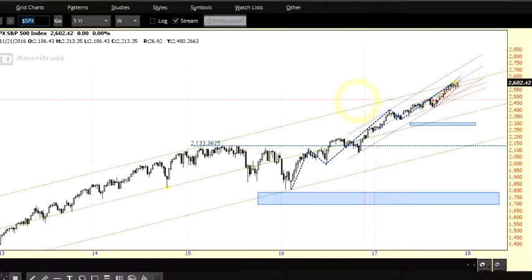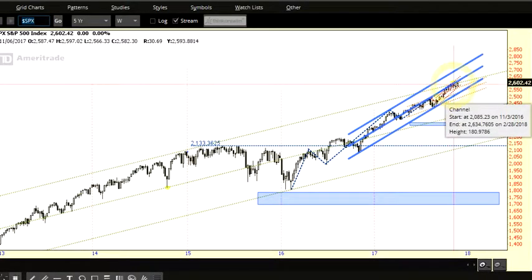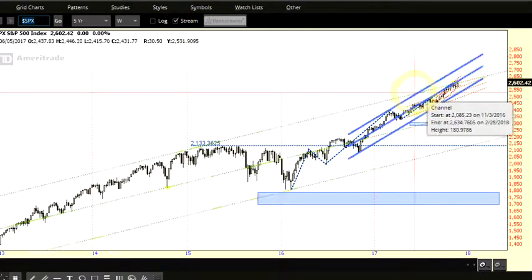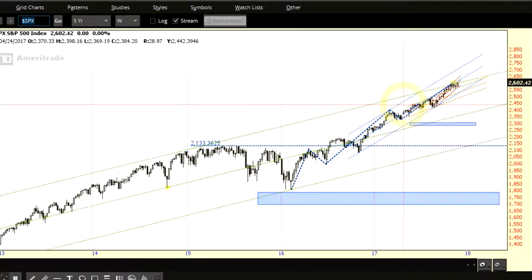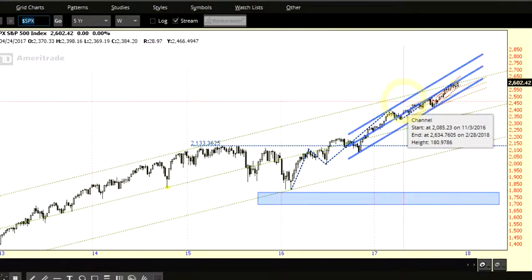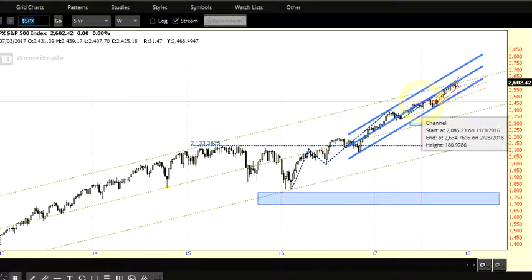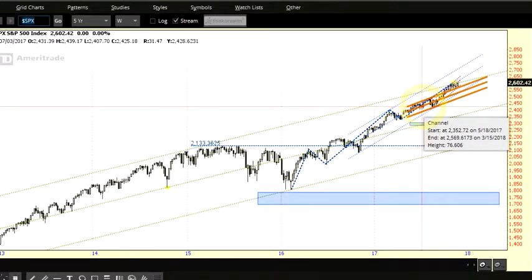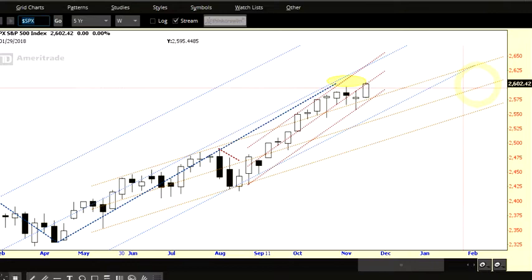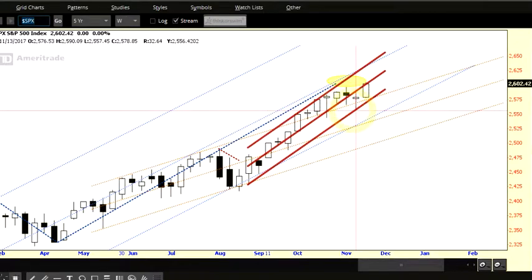So you can see here, and I mentioned this last time, we're at this juncture where we have this long-term trend channel, this intermediate-term trend channel, the midpoint of it, and this shorter-term trend channel, and they are all stretched, okay? We had this location drawn on there, and we're at that location again. We came down, looked like maybe that was going to be it, but this rallied to a new high,